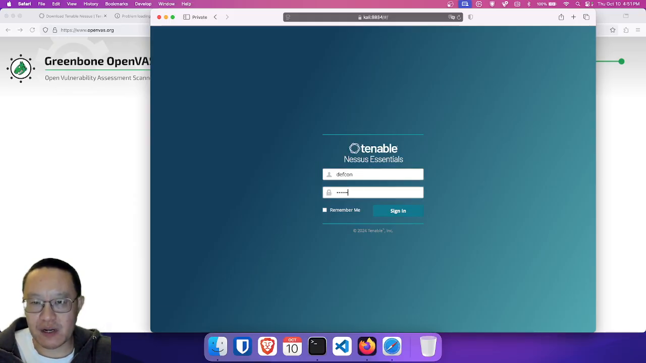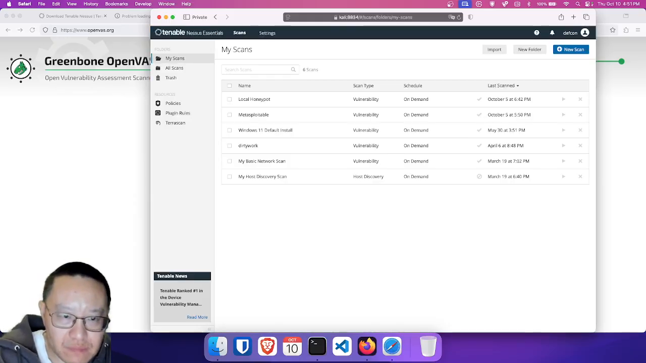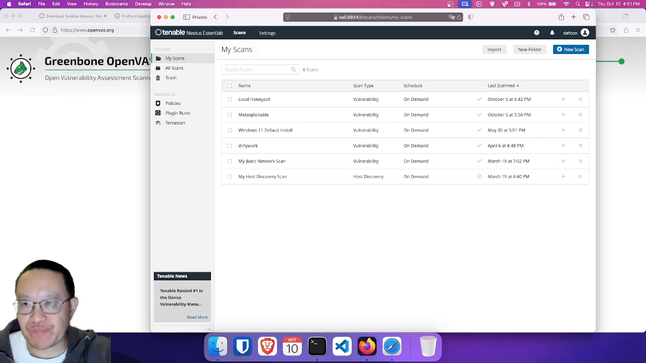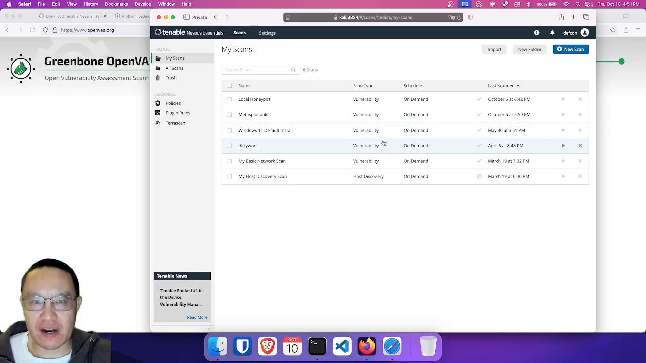I'm going to log in as me. DEF CON. There we go. So, I am going to now create a brand new scan. Now, when you log in, no error messages, no warnings, no updates, nothing. I have a list of all the vulnerability scans I've done on my network. The biggest differences